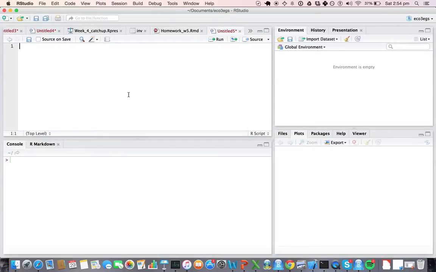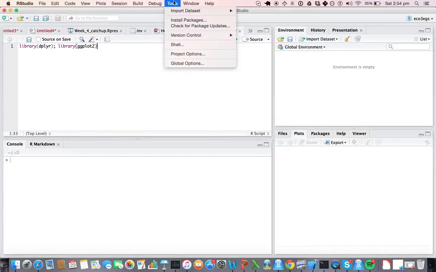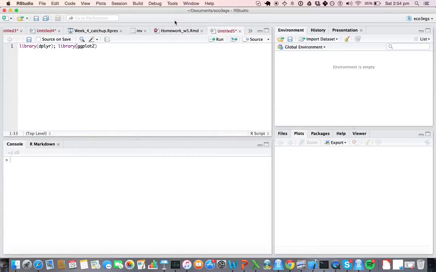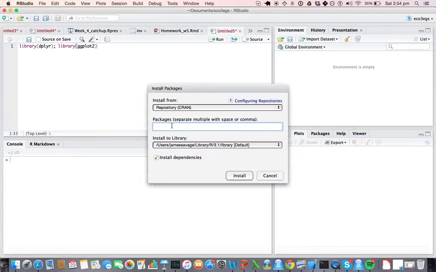The first is to load the libraries that we'll use for this short tutorial. The two libraries that we'll use are called dplyr and ggplot2. If you haven't already downloaded these two libraries, you'll need to download them. Go to Tools, Install Packages, and then you can search for those two libraries here. So dplyr, for instance, and you should be able to click Install, and it'll download it and install it and